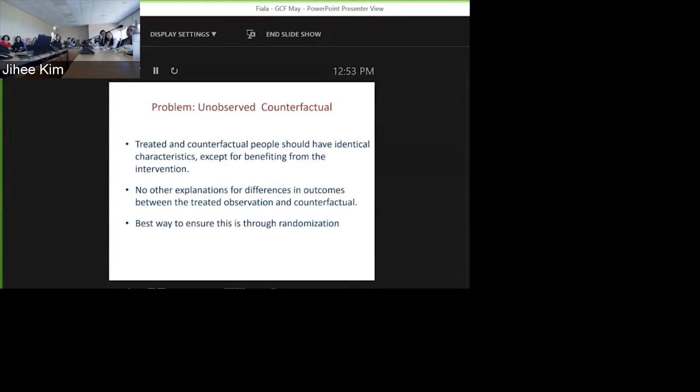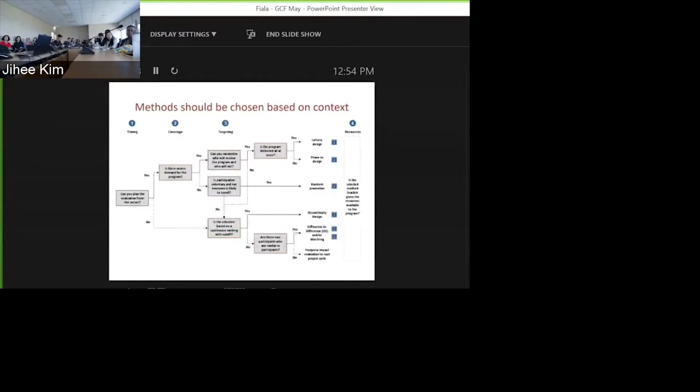But let me just say that generally what we find is the best way to create this balance between the treated and the counterfactual group is through randomization. And I'm going to give you some examples of randomization in a minute, but what I also want to say is I'm going to plug a book that I have at the very end, but there's lots of books on doing impact evaluation. This is a design tree that I have in my book where we can actually think about different methods of evaluation that you can use and some of the assumptions that you need along the way, and you can pick out what is the best way to do it.